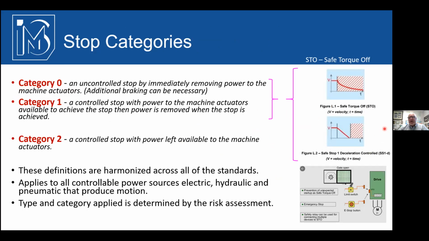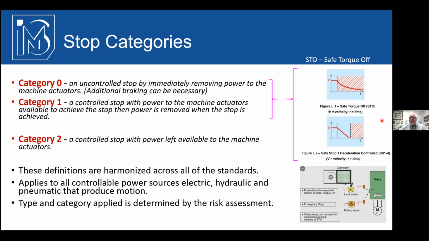Both of those are possible with something called safe torque off. It's probably the most common way of using this magic in here. But you can have two types of stops with safe torque off. One is that I immediately isolate the power, and I'm going to use the drive or a valve. I'm going to use those safety rated elements to isolate the energy going to the actuator, the motor, or the hydraulic or pneumatic actuator. So that's a way to attain a safe state